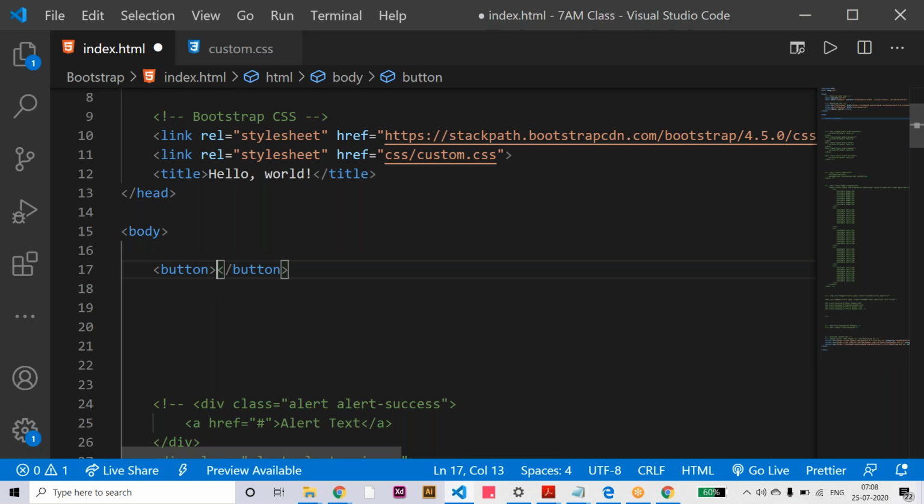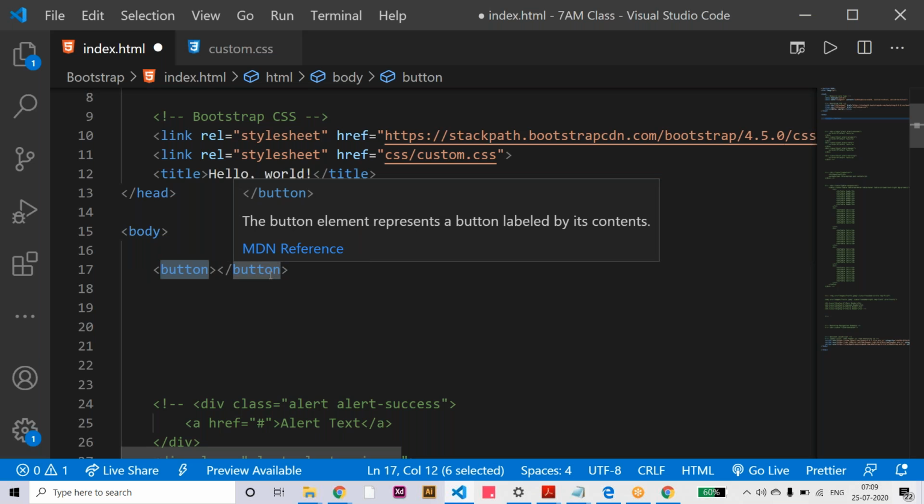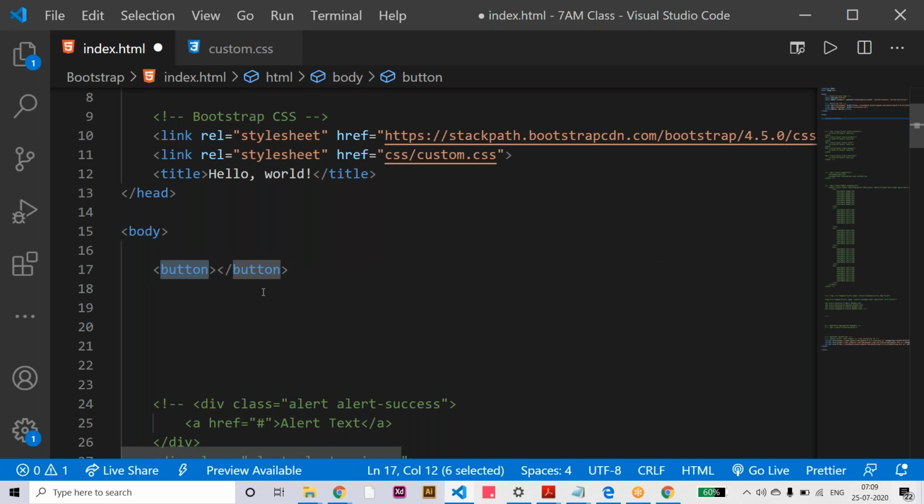Before HTML5, if you wanted a button look and feel and functionality, we used the input box and said type button or type submit. After HTML5 we can use the button tag, for example submit button, reset button, cancel button, or send button. For all these kinds of buttons we can use the HTML5 button tag.